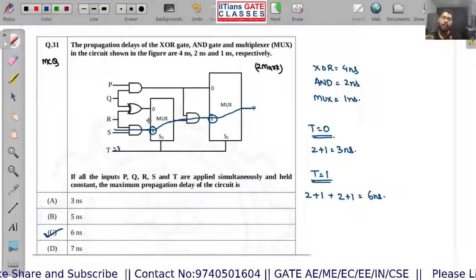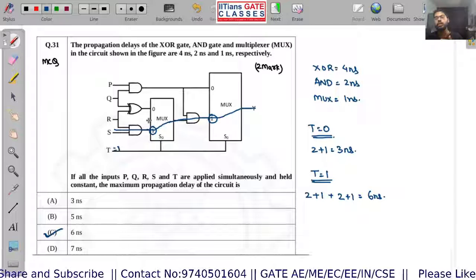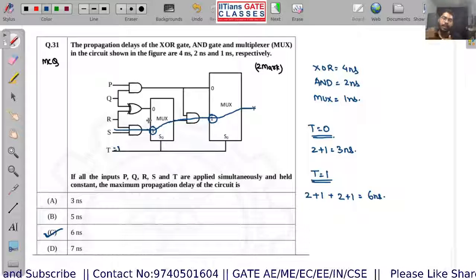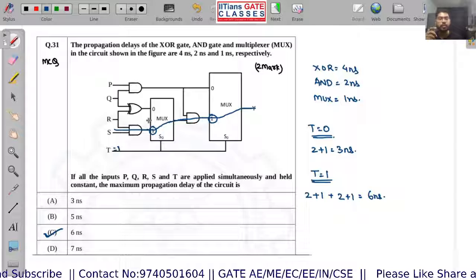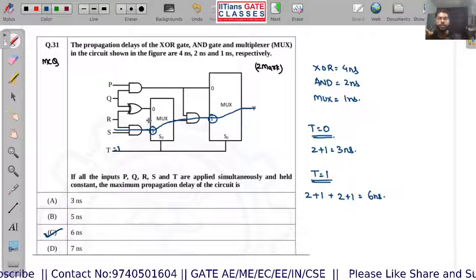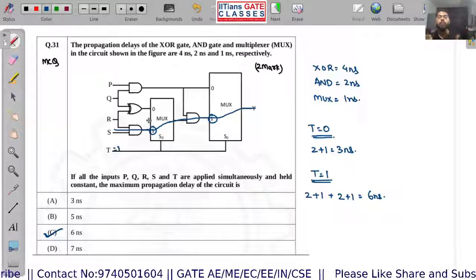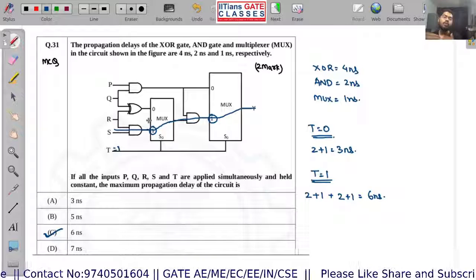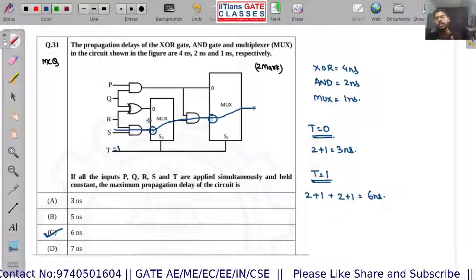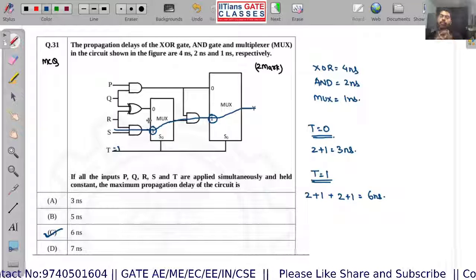Proper guidance means what? Proper textbook you need to see, proper concept you need to understand. Once you are done with this 40%, the next 20% is highly conceptual questions. Very good questions. That will come automatically when you solve the maximum number of test series. If you attempt the maximum number of test series, that will be very helpful to you.